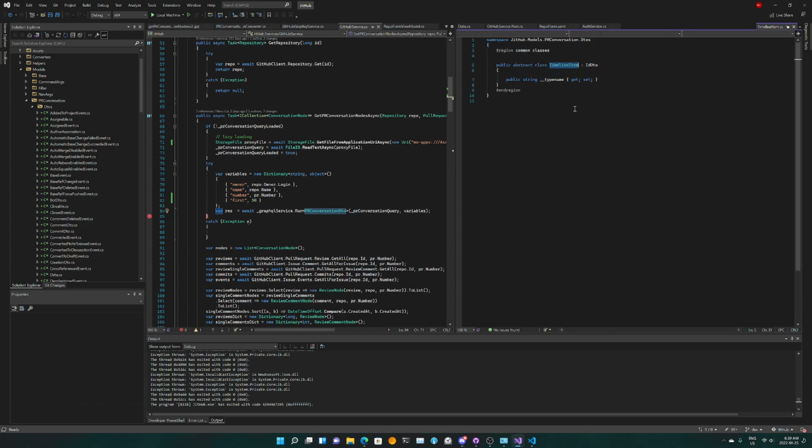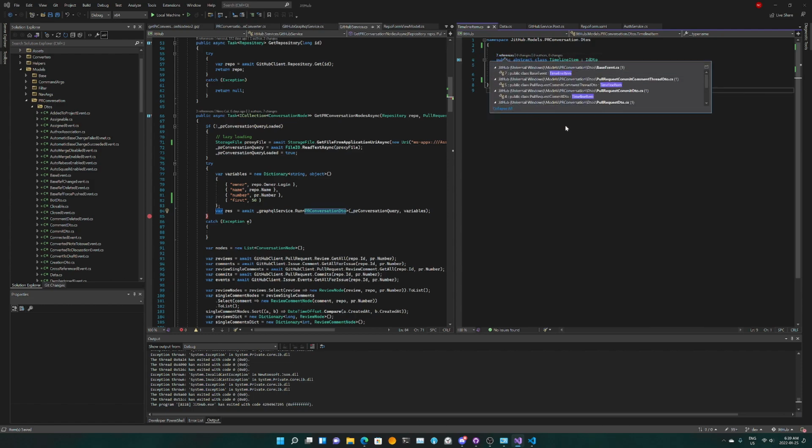So timeline item is an abstract class, and these regions are no longer needed, so let's delete them. It is an abstract class, and the places it is referenced, well, there are a lot of them.